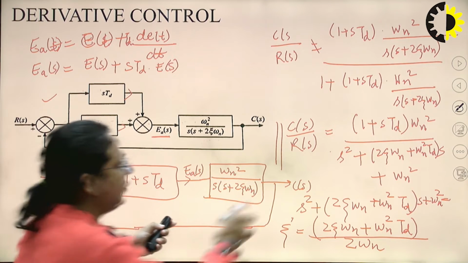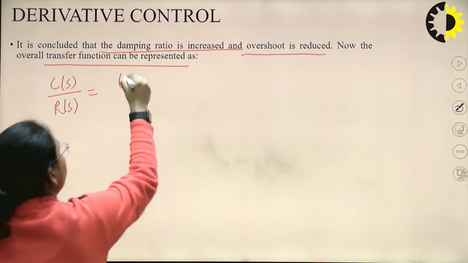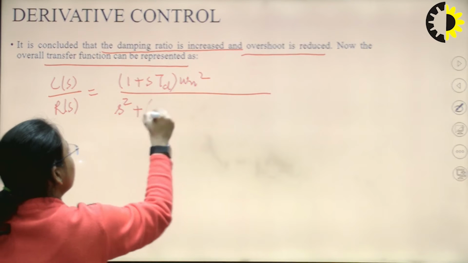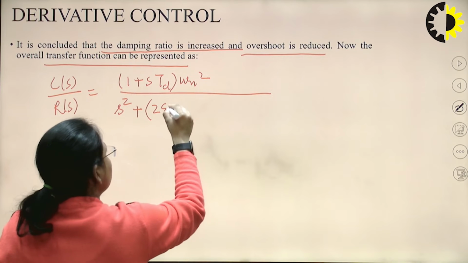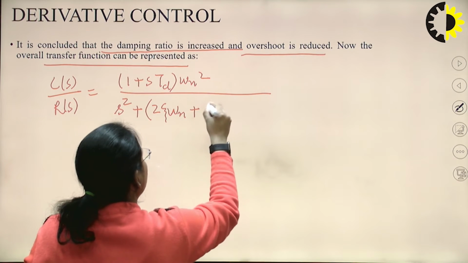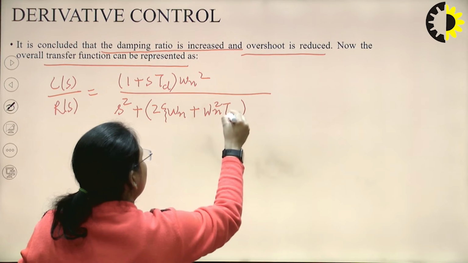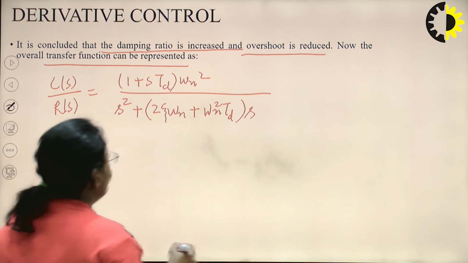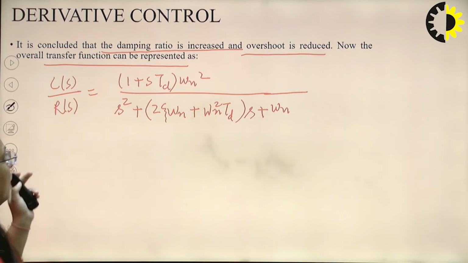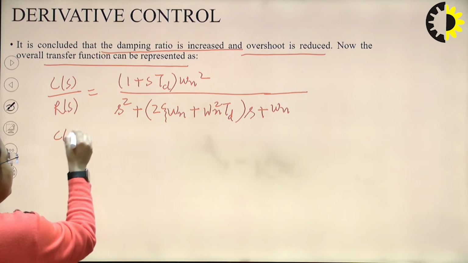Okay, and let me write it once again, 1 plus STd. So the overall transfer function will be (1 plus STd) omega n square upon s square plus 2 zeta omega n plus omega n Td into s plus omega n square. This is the transfer function for the overall system, right? Okay, and the standard transfer function we know for the second order system will be this